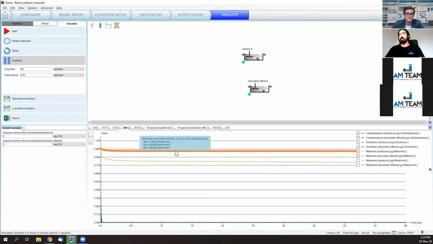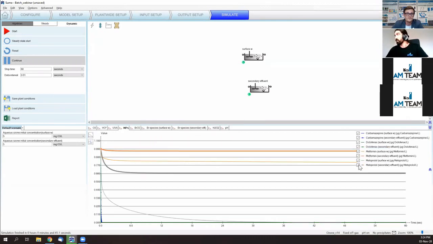And the fact that we have less availability of radicals because of the higher scavenging in the secondary effluent sample makes metformin really difficult to be knocked down in the secondary effluent. Finally, if we look at metoprolol, the picture is even more different here between the surface water sample, where metoprolol